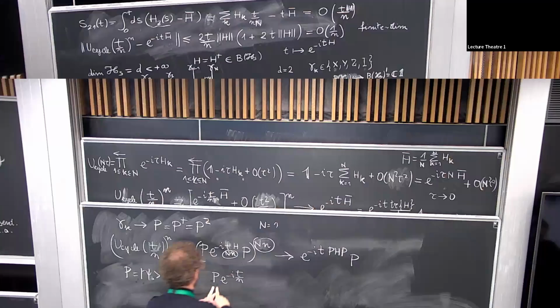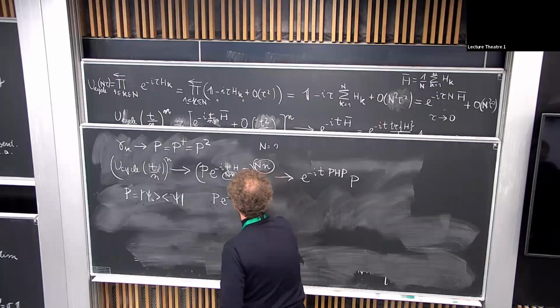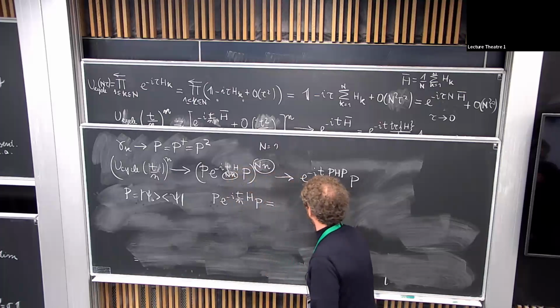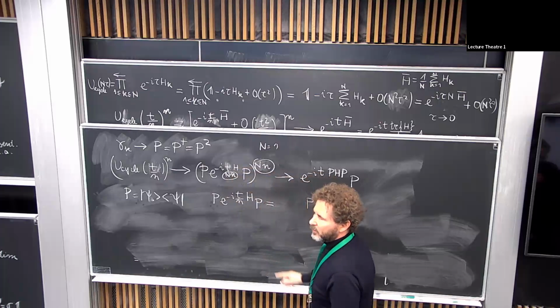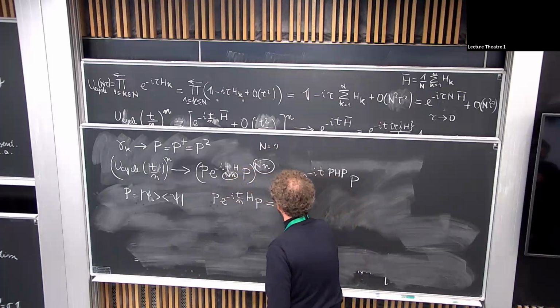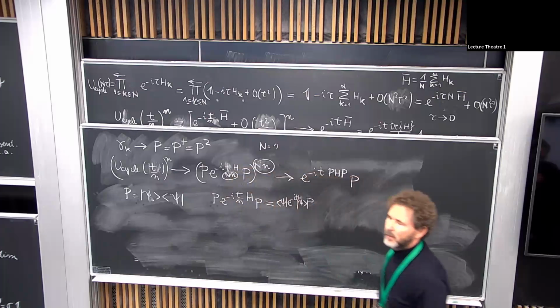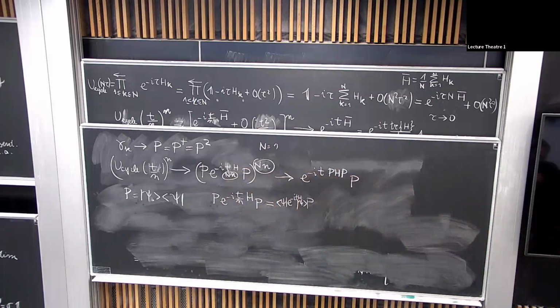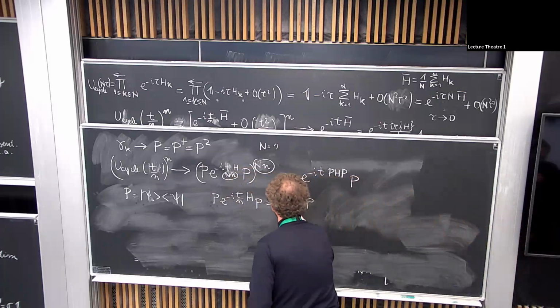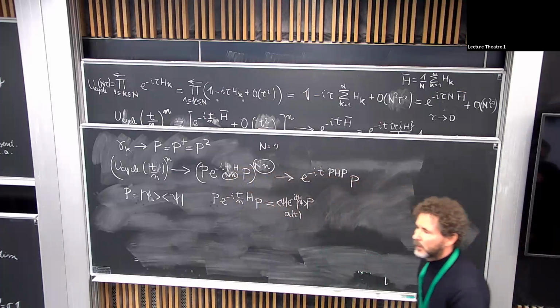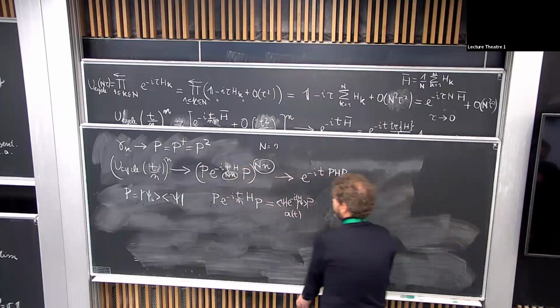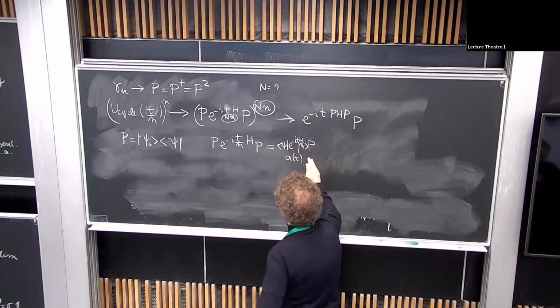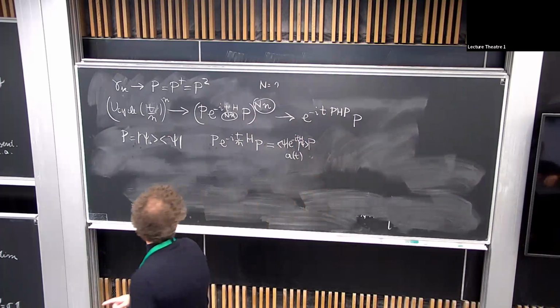So in such a case, this is very easy, this is nothing but the projection, and then you get a survival amplitude. You get psi e to the minus i t H psi. Let me call this A of t. And now it's very easy to see that. Small n missing. Yeah, you're right.